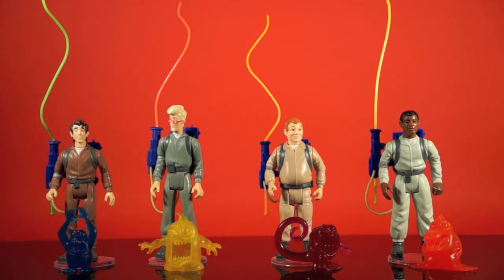These figures were released at the tail end of 1986 into 1987. I don't have a carded one to show you. Usually we'll show a carded example of something we're going to review. But for a lot of these older reviews, I just don't have carded sets, especially when it comes to vintage toys. I never kept my stuff carded as a kid, so although I love that original card back art of a lot of stuff, and I think the vintage packaging is kind of a lost art form, I don't have a lot of carded vintage stuff. I really like to have my stuff displayed loose. So, forgive me for not having a carded pic. You can go on Google and look up a picture of carded Ghostbusters, and you'll see that just fine. This is more telling you what the figures are about, and if it's worth going back and picking up the set, or